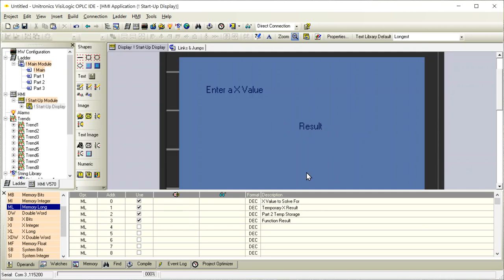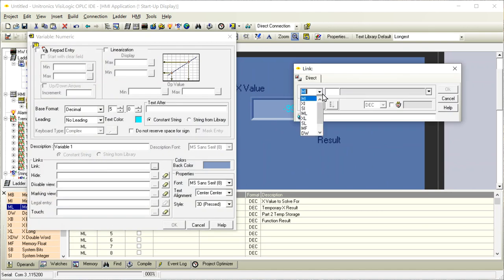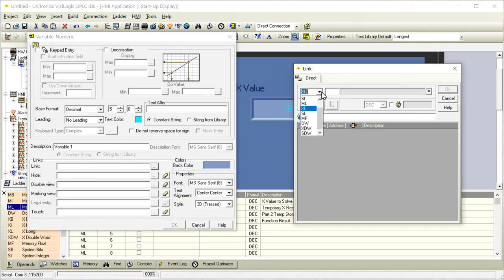While I'm here and formatting the text values to enter in, I thought I'd do that here. So we have to enter a value in. So I want to enter a number in. It's numeric, right? So I'm going to do that, enter numeric. I'm going to drag this out here, right? And I'm going to want to enter something in. What I'm going to want to enter in is the